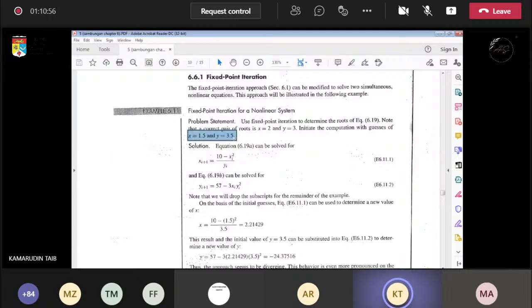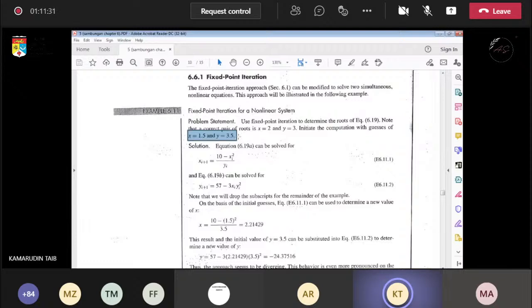We just choose a value; here they choose with decimal places, but it doesn't have to. You can start with x equals 1.0, y equals 3.0. If we maintain this initial value of x equals 1.5 and y equals 3.5,